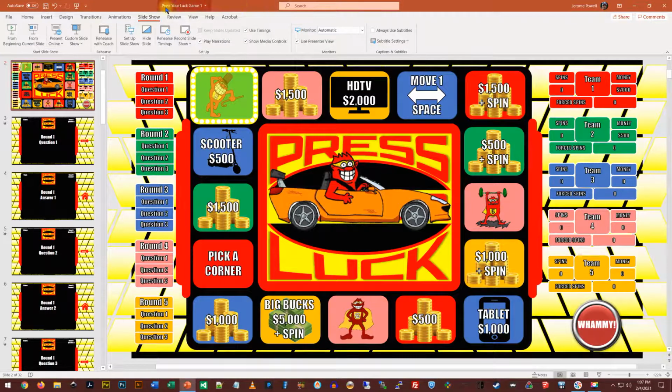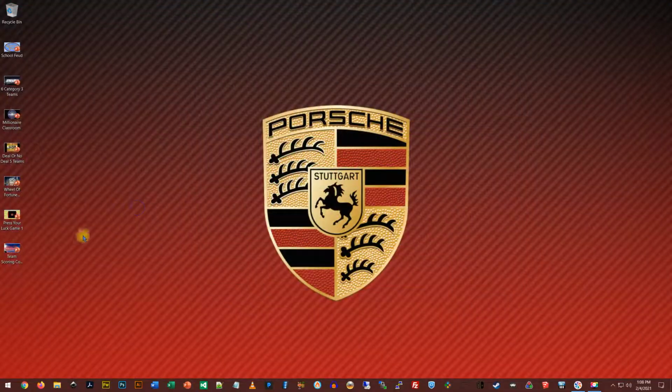For this game, Press Your Luck, I have 2 versions of the game. They operate the exact same way. The other game just has different whammy icons and different whammy stuff. So another way, if your students really like it and you play this one a couple times, you can do the other one, and it's a little fresher for them. And moving on to the last one,